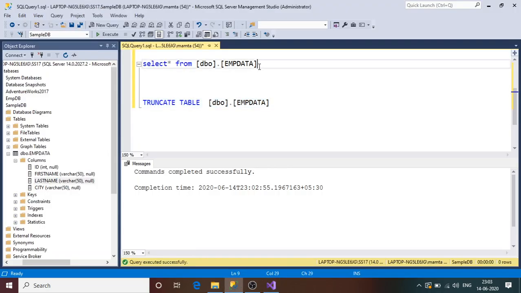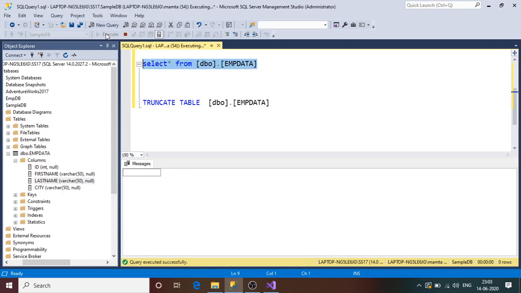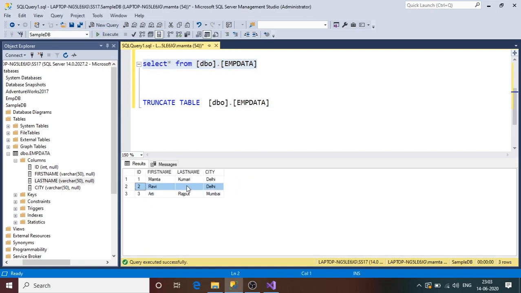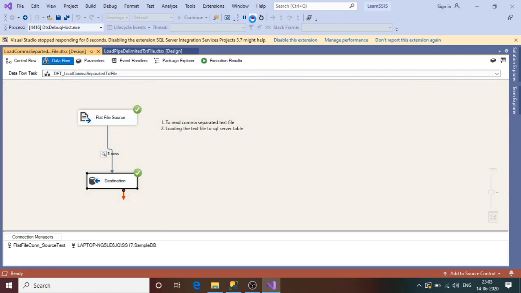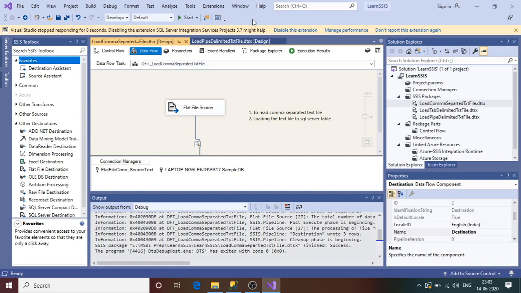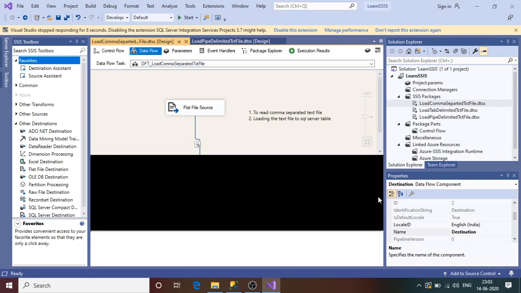And if you go here and check how the data has been inserted, you see for the second record we do not have a null inserted, we have a space, an empty string here. We want the null to be inserted here because this column is nullable type. So how can we make changes in our SSIS package? There is only one location where you need to make the changes.